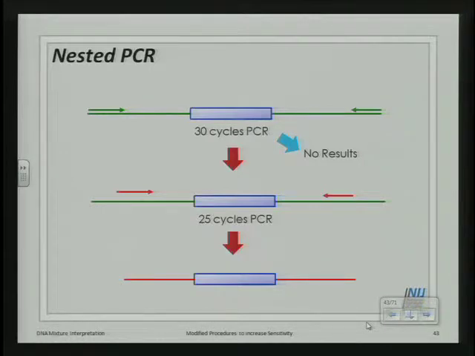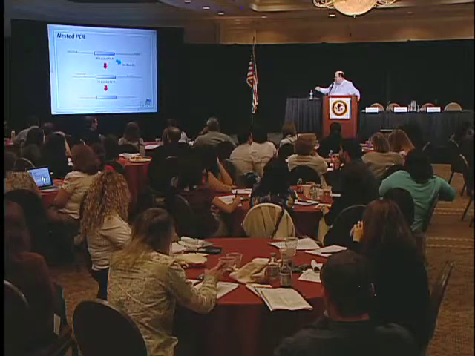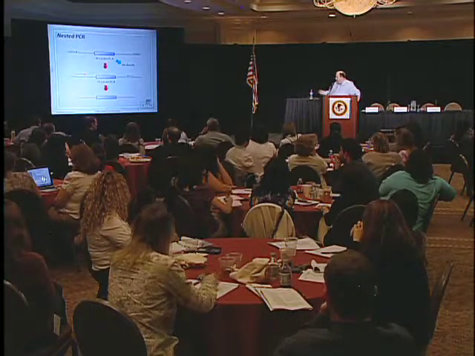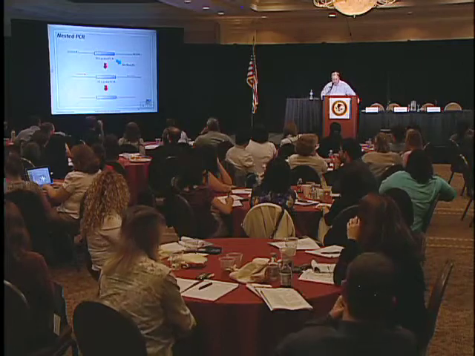But if you take this PCR product and use that in another round of PCR using primers that are internal to your first round primers, you do this for 25 cycles,